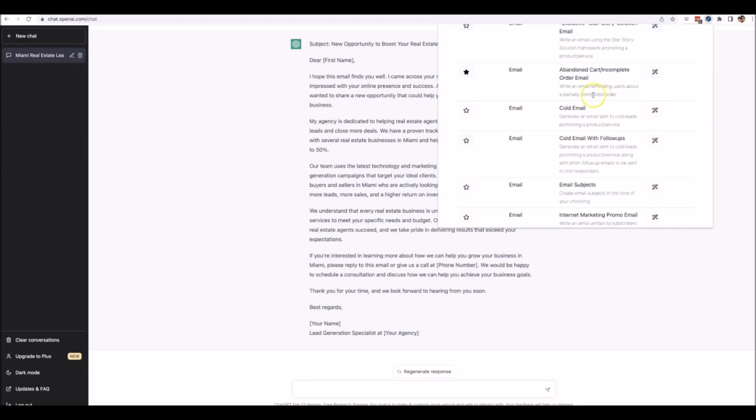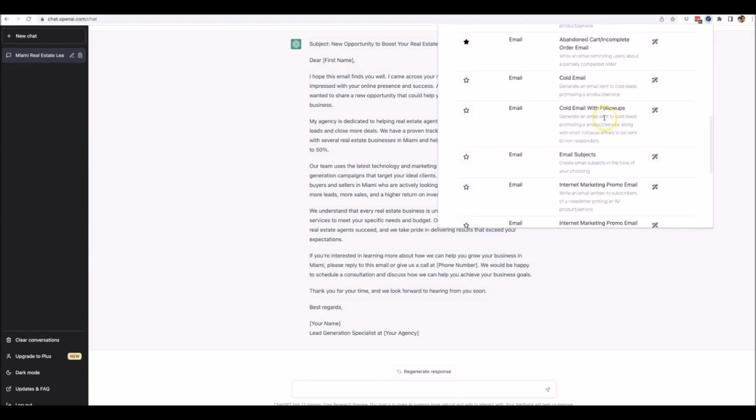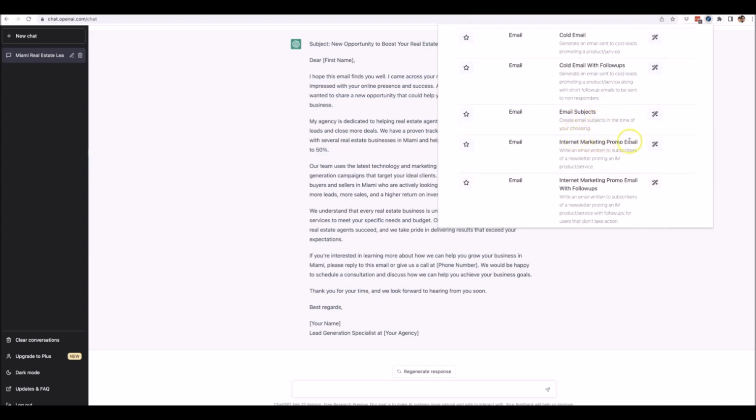And we have pretty much just about every sort of template built into here that you can use to start getting good quality content by ChatGPT. There is no need for you to buy training programs or buy any more Excel sheets of pre-written templates anymore, because you have all of that done for you inside of Done For You Prompt. Now you can see here there's cold email with follow-ups, email subject lines, internet marketing promo